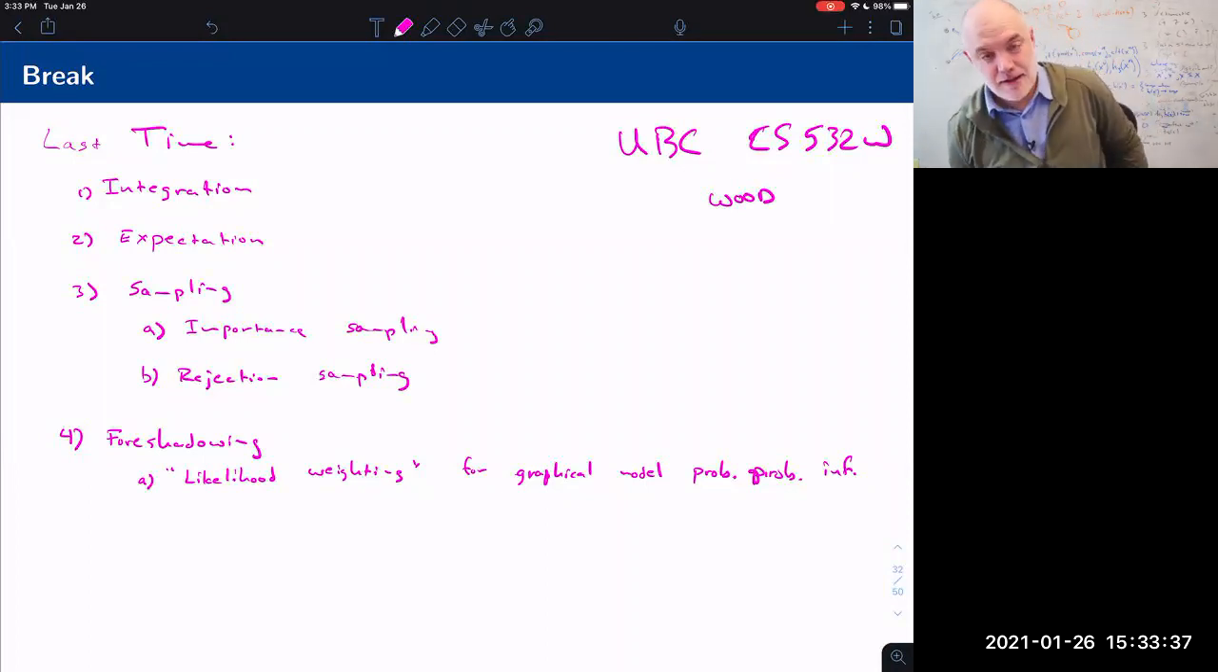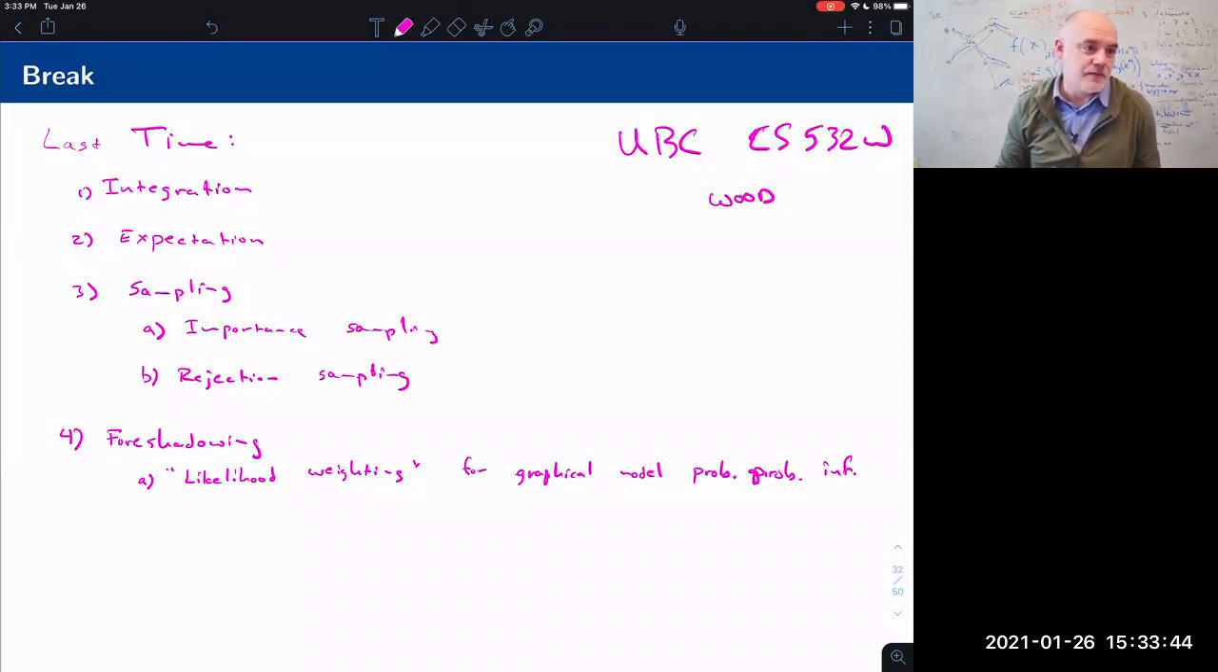I'm still Frank. So last time we talked about integration, expectation, computing expectations, and then a couple of simple sampling algorithms, importance sampling, rejection sampling. And then we did a little bit of foreshadowing about general purpose inference algorithms in the form of likelihood